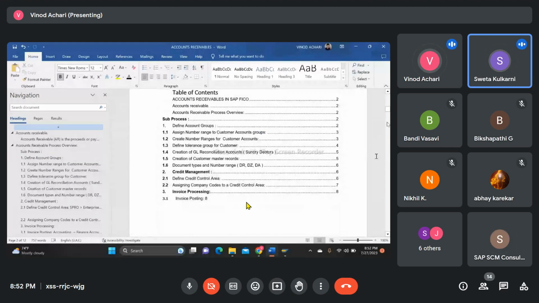Okay. So here I've taken what is account receivable in FICO and process group and steps configuration. After that, I have gone with the process. So account receivable normally comes when a customer purchases goods and services on credit basis. So here for the accounts receivable, one is